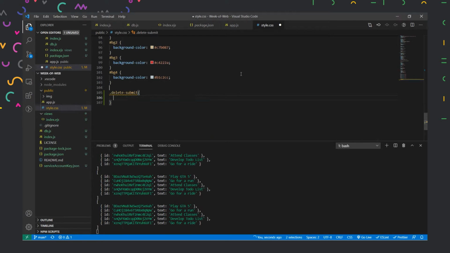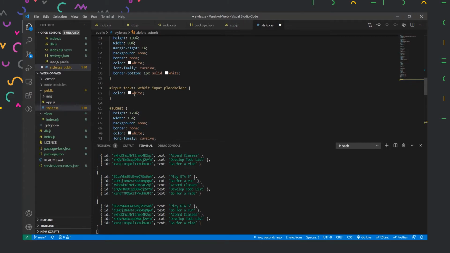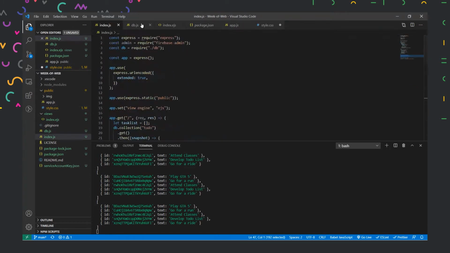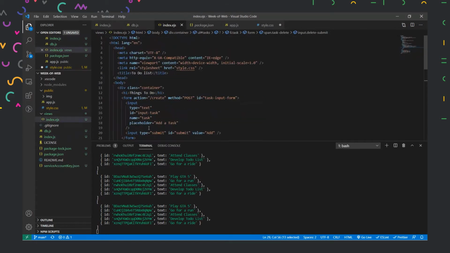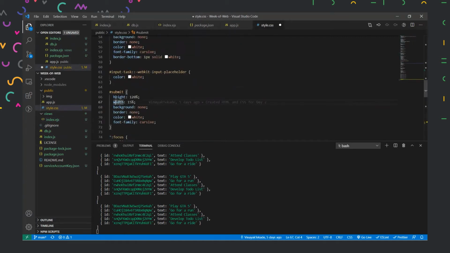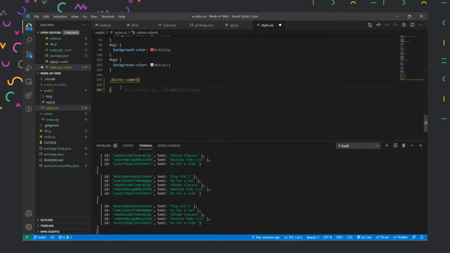So if we see our add button over here, what is the add button's selector? Now let us see that. Our add button has the ID submit. So let us see where our submit is. So this is the submit. Let us copy this property itself because we did similar things to it, right? And then we need to remove all the height and width properties. And this should fix our problem. Let us see now.